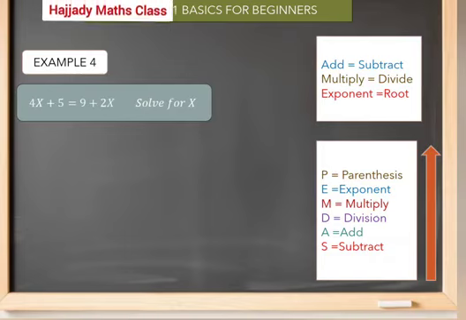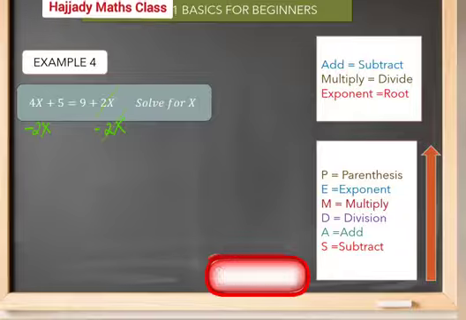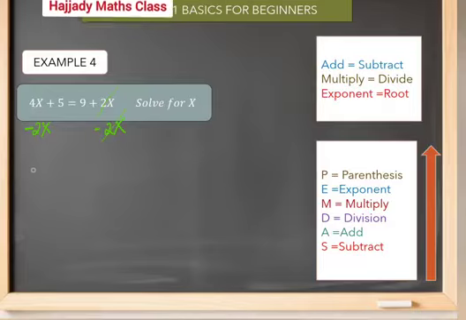Example 4. In example 4, we have the same thing. We have 2 operators here, but here we have the variable x on the left side and also on the right side. What do we do? The first thing we need to do is to make sure we have the variable on one side, preferably on the left side. And to do that, you subtract 2x from both sides so that you can eliminate 2x on the right side. And what else do we have? 4x minus 2x gives 2x